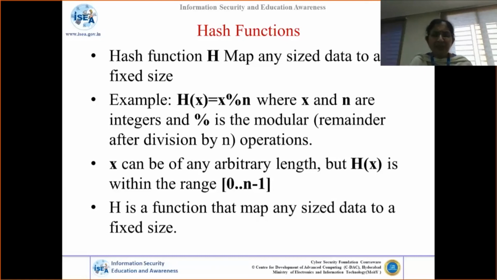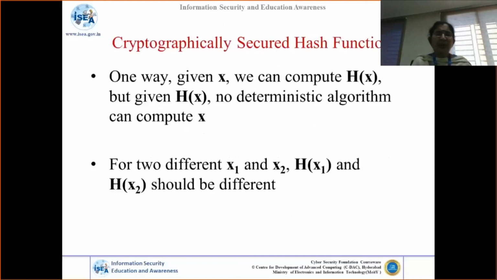So the hash is a function that maps any sized data into a fixed size. Along with the message, you attach this message digest value, the fixed size value, and send it to the other end. The receiver passes the message through the same hash function, and if the fixed size value matches what was received from the sender, it is assumed that the data is not tampered over the channel. Otherwise, if it ends up with a different value, we understand that it was tampered over the channel.